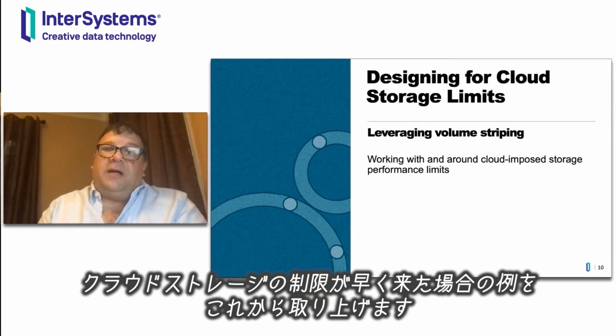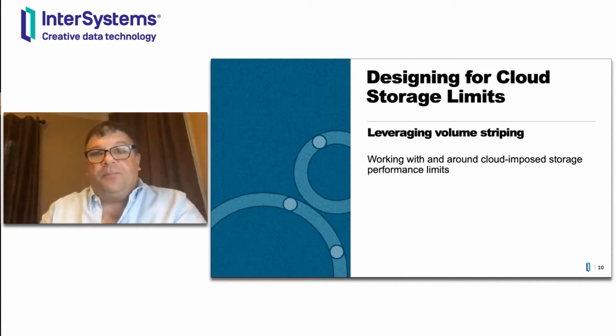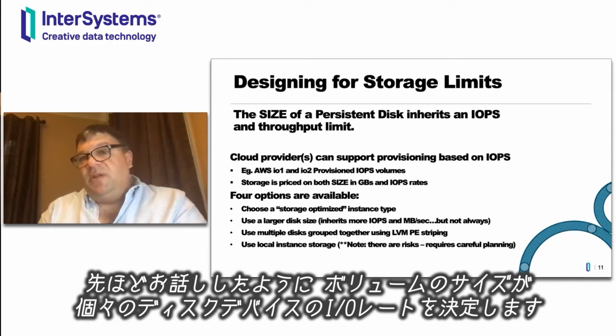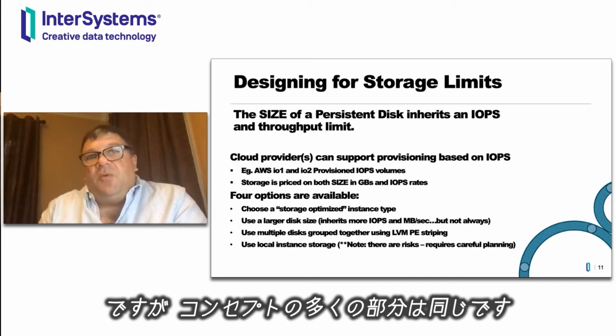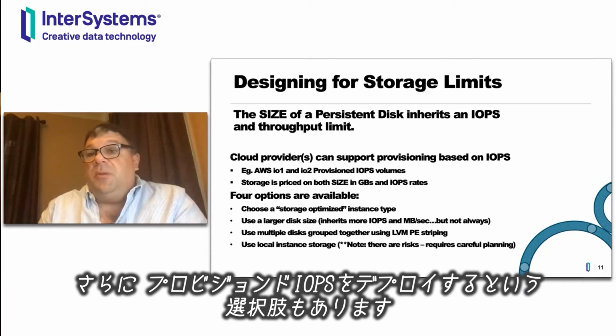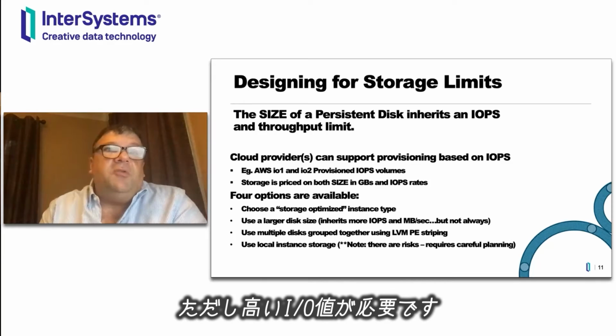So we covered an example of how cloud storage limits are quickly reached. So now let's discuss how to work around or account for these types of limits. As I mentioned previously, the size of the volume dictates the I/O rate for each individual disk device. Each cloud provider does this a little differently, but for the most part, the concepts are the same. Additionally, there are options to deploy provisioned IOPS. These are useful for scenarios where you have a very small storage space footprint, but you need a high I/O